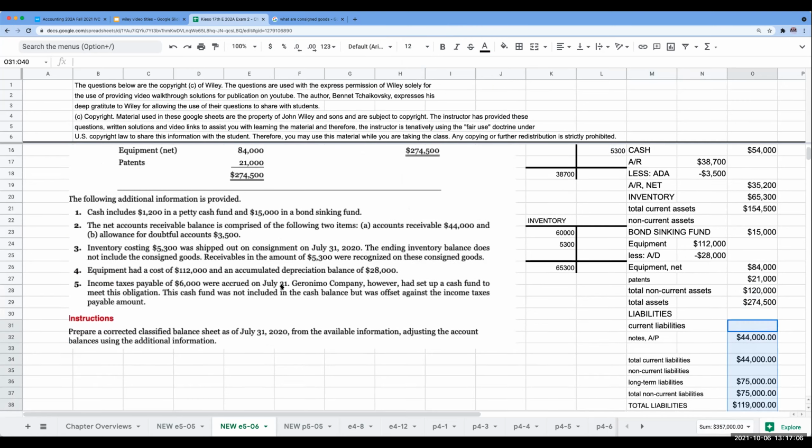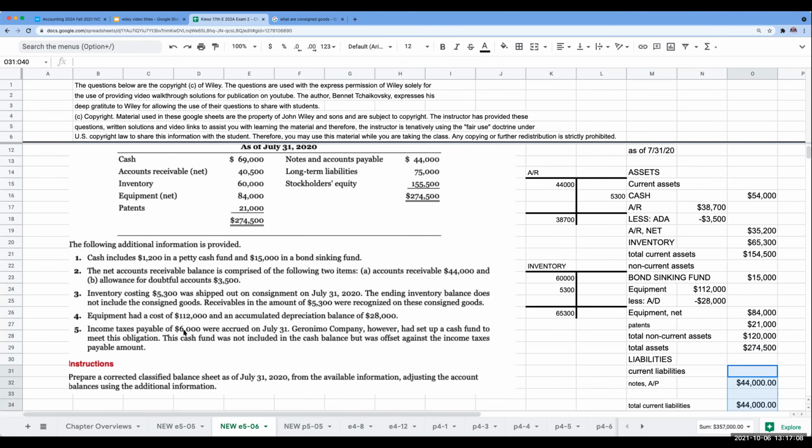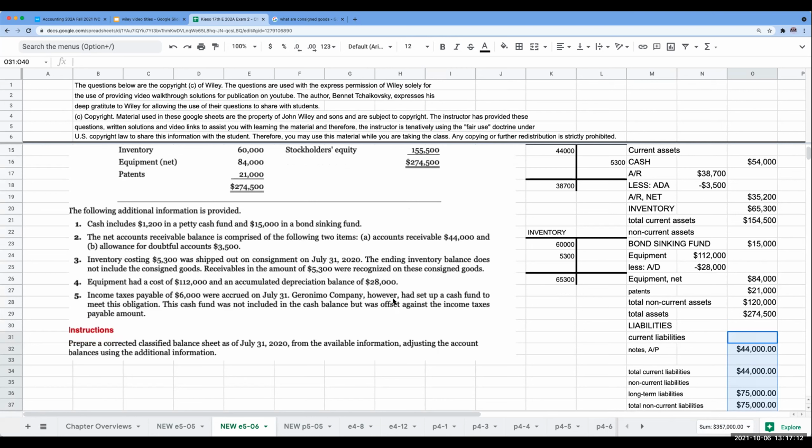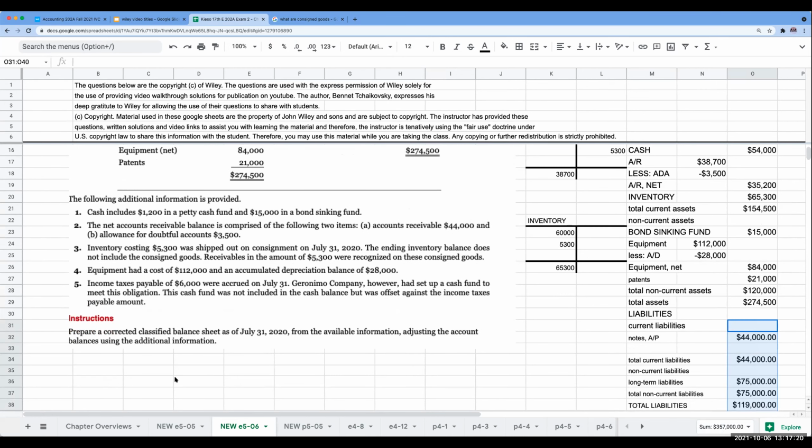So income taxes payable. 6,000 were accrued on July 31st. However, Geronimo had set up a cash fund to meet this obligation. Okay, so what they did is they basically said, okay, if I'm looking at this over here, and you'll see